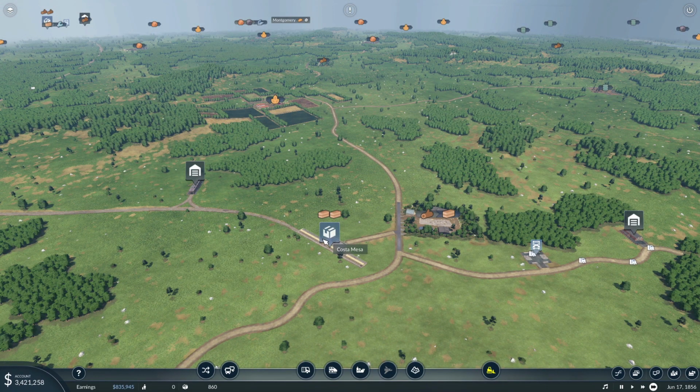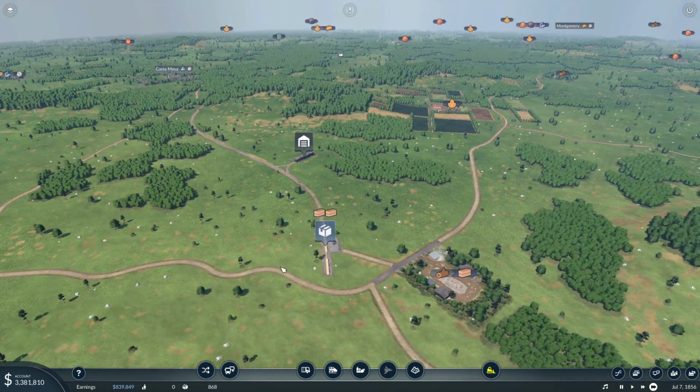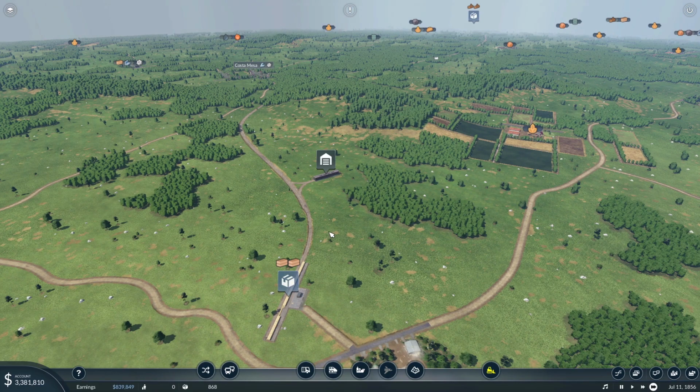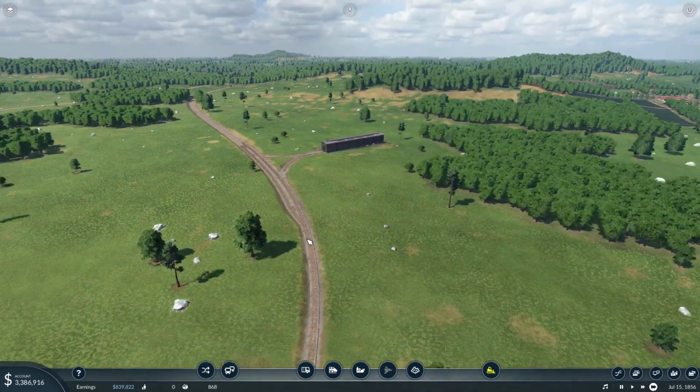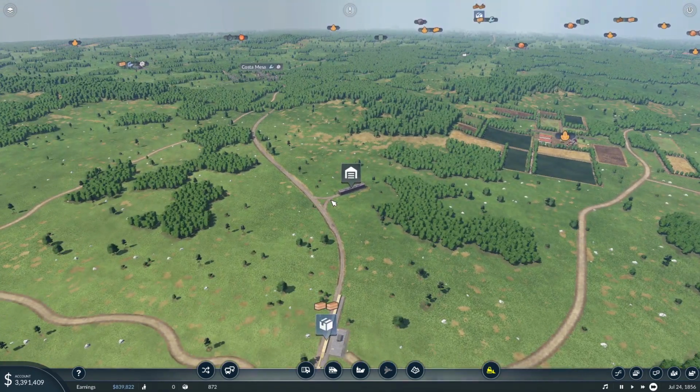It is now June of 1856. We still haven't made back all the money we borrowed at the beginning, but we are going to use the money that we do have to get another train set up. And I did spend our money and get another set of tracks set up. And this train is off and running. So we're going to go ahead and